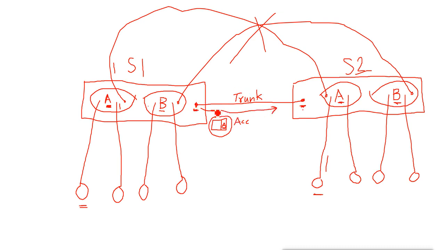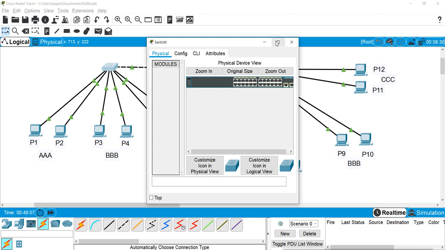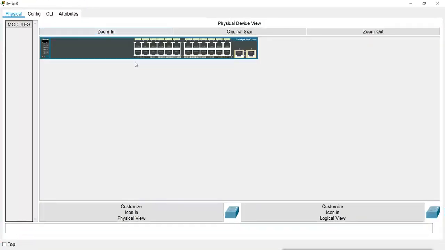So it must be at least 100 Mbps. That is why, if you look at a switch, you will see two extra ports with more speed than the other ports. If you look at this 2960 series switch in the physical view, 24 ports are 100 Mbps, and these two ports are 1 Gbps.